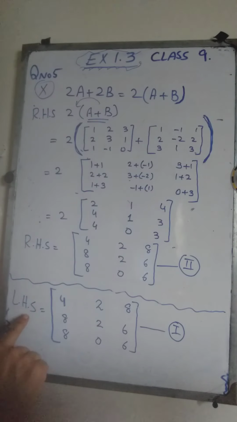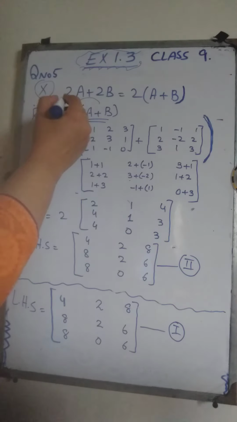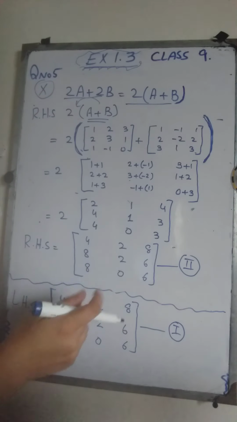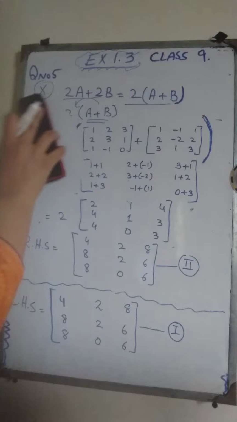Now comparing both these equations, what we conclude is the answer of the left hand side was this matrix and the answer of the right hand side is this matrix. Both the matrices are equal, therefore the left hand side will be equal to the right hand side, means this expression is equal to this, and that is what we had to verify. Okay, so writing the conclusion,